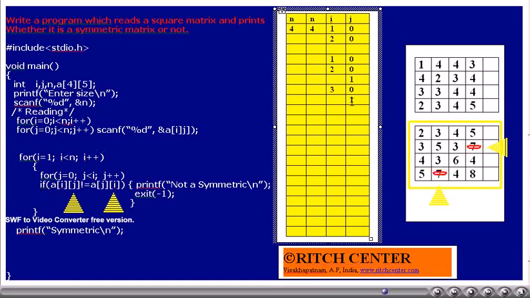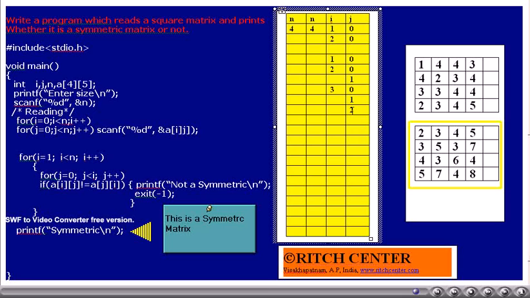Currently, I value is 3, J value is 1. Aij is 7, Aji is also 7. Thus, the for loops will continue further. J value will be incremented by 1. Is J less than I? Yes. Thus, the inner for loop is going to get executed once. Currently, I value is 3, J value is 2. Aij is the same as Aji, both of them are 4. As of now, we checked all the pairs are the same. Thus, we will come out of the for loop.